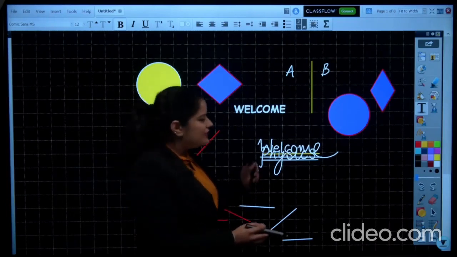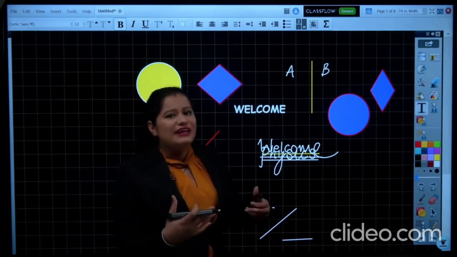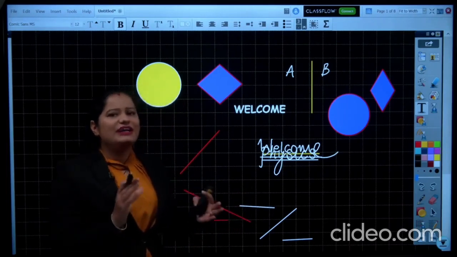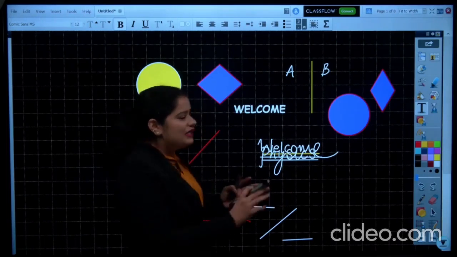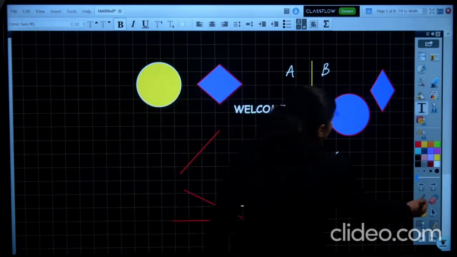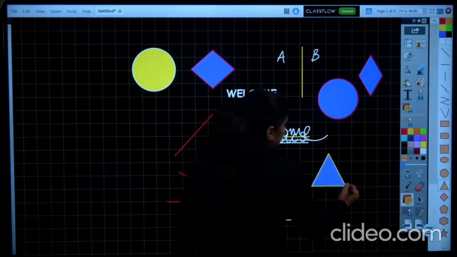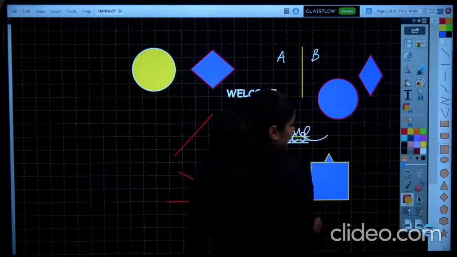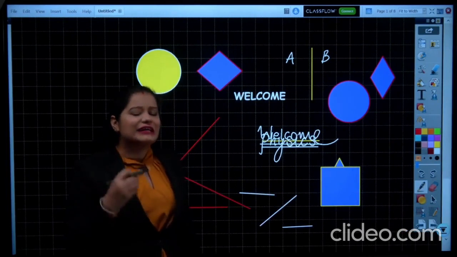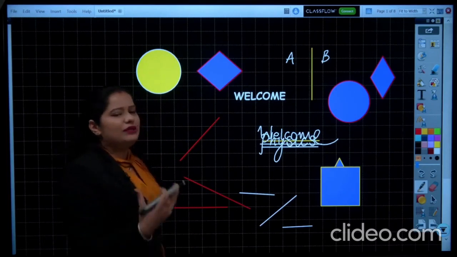Okay, so I hope these tools are clear to you guys. Try to practice as much as you can, because the more time you spend with the board, the more things you will learn about the board, because it is really a challenge when you are teaching in the class. Shifting between the tools is what you need to practice. Let us suppose you are using the pen tool and suddenly you want to shift to another tool. You want to make a triangle. Now you want to switch to the other tool. So switching between the tools is what you need to practice. Writing clearly on the board is what you need to practice. So the more you practice, the more you will learn about the board.